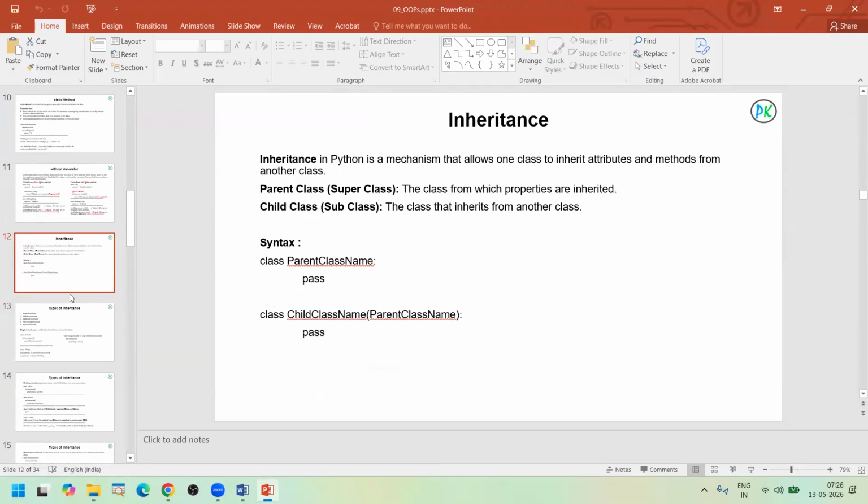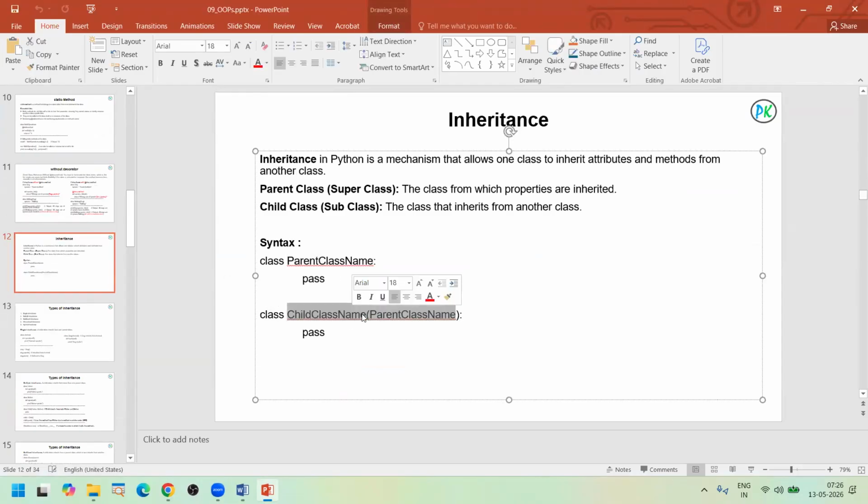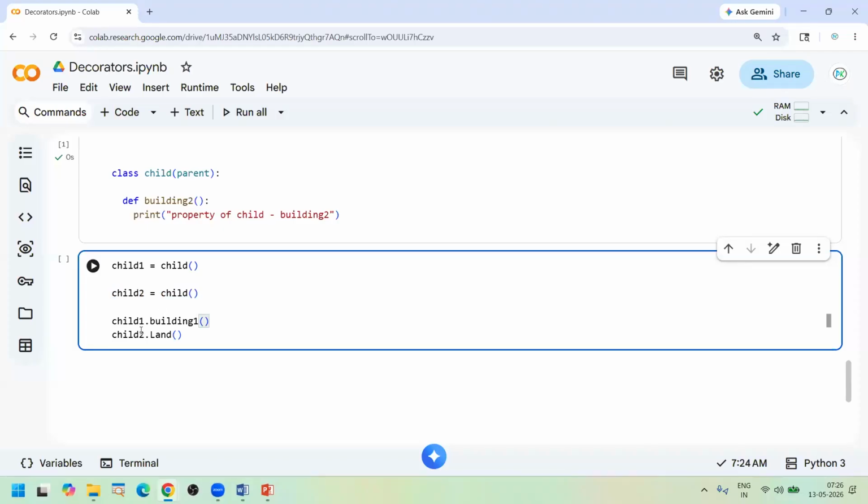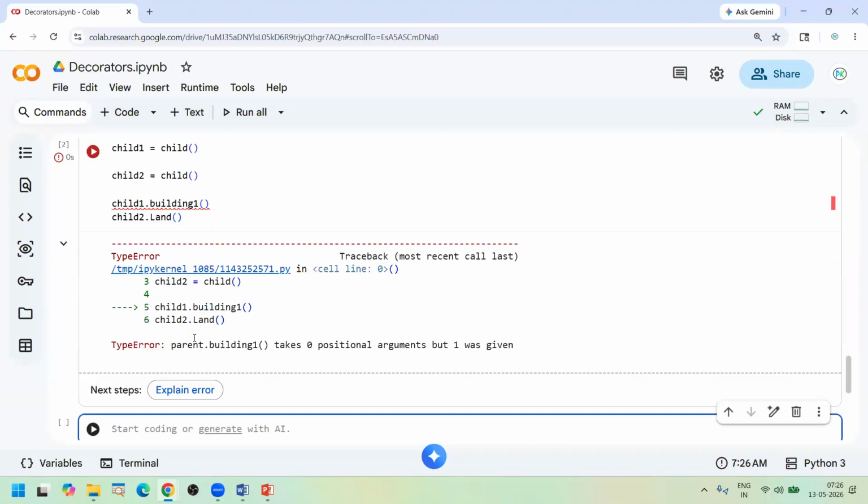Okay. So for your inheritance, this is what we were telling, right? So your parent class and your child class. For your child class, you are taking your parent as your inheritance. So you need to tell your child class to take this particular parent class, right? Now I am trying to call your child 1 and child 2. Both will inherit the same functions, right? Because both are child classes of your parent. Now if I run this,